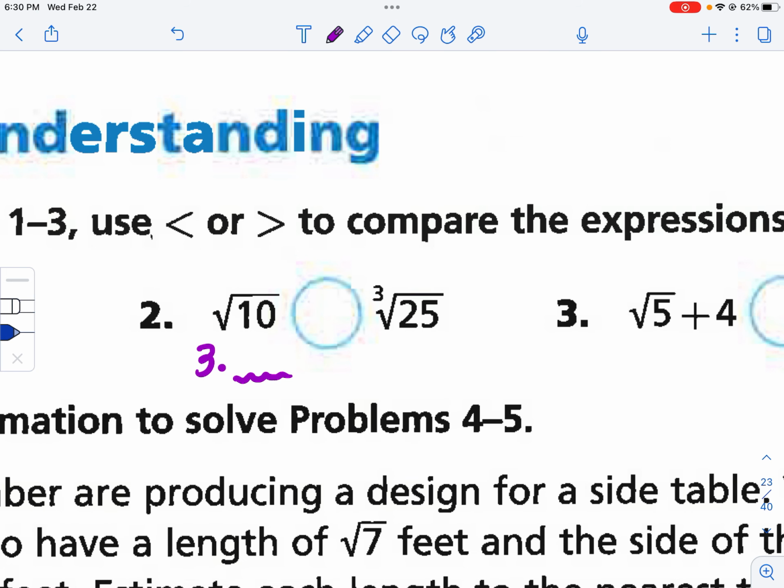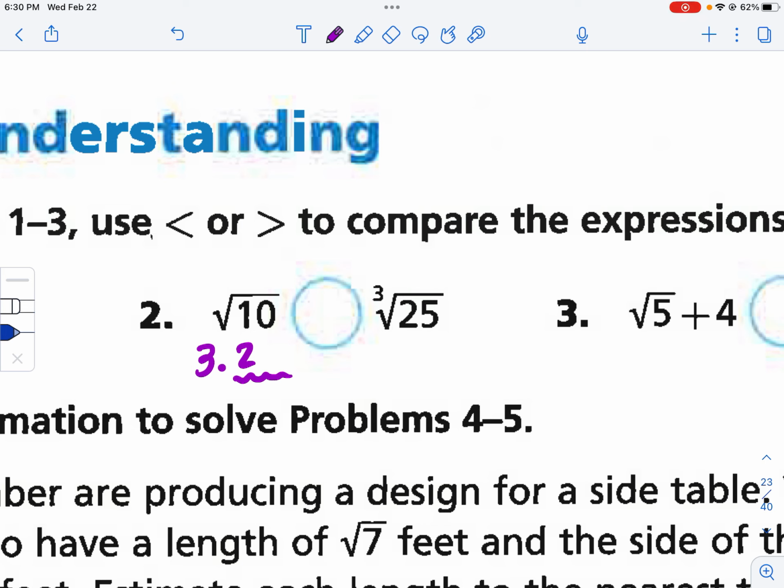If I do it on my calculator, 10, oh, no. 3.1 times 3.1 will get me 9.6, so 3.2 times 3.2 gets me 10.24. Okay, and then 25, so 3.1 times 3.1 times 3.1, 29 point,